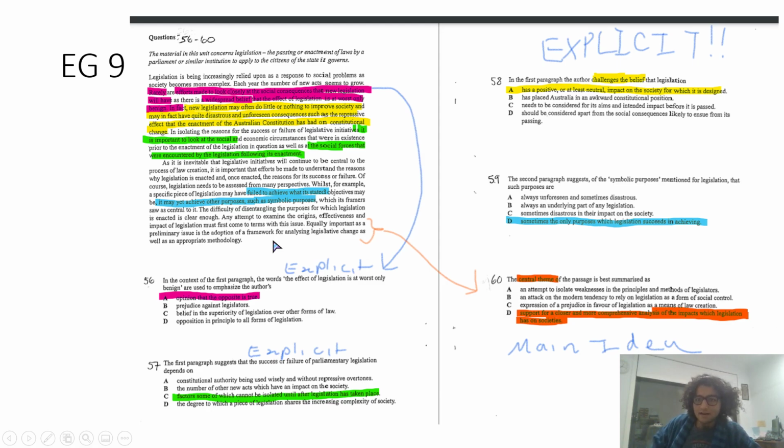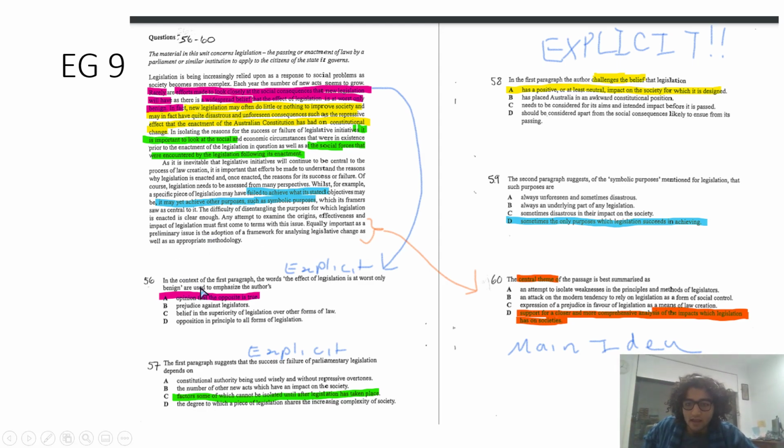And now you look at the narrator's stance. It's against the policymakers and the legislators, right? Because it seems that what the legislators are doing, well, it's pretty useless, right? That's what his whole tone is throughout. So that's what you need to keep in the back of your mind.